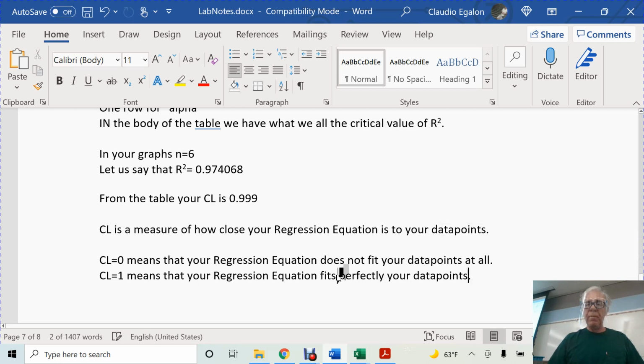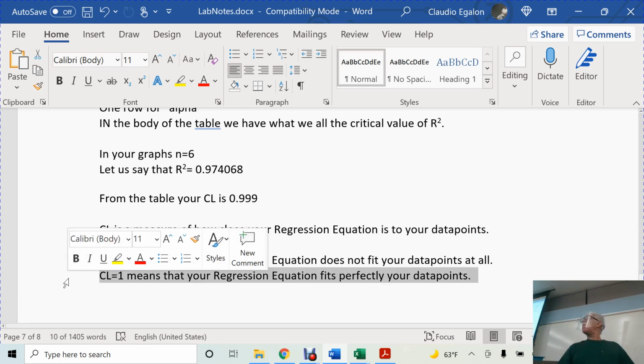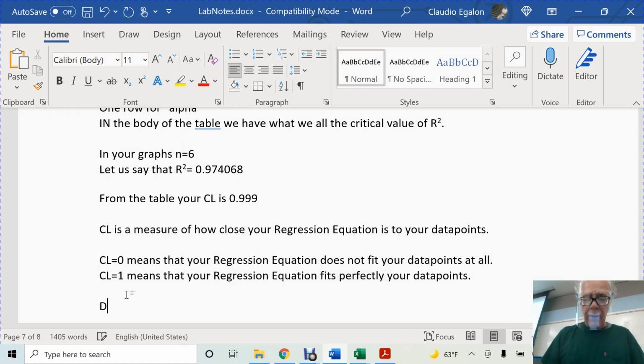Okay? In our experiment, you will never get a CL equal to 1, but you're going to get it close enough. It's going to be very close. The experiment that we perform here is, in general, 95% or higher, the CL confidence level. Make sense? Okay? So here you go. Your data points,